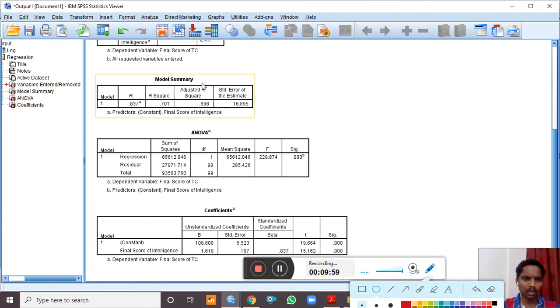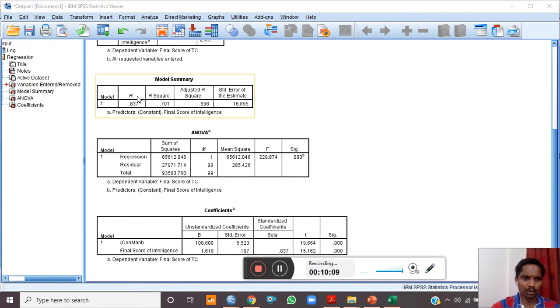The first table, model summary, gives the correlation between the intelligence and the teaching competency. The first column is R, which is nothing but the coefficient of correlation, and the correlation value is 0.837, which means there is a high and strong correlation between the intelligence and the teaching competency.